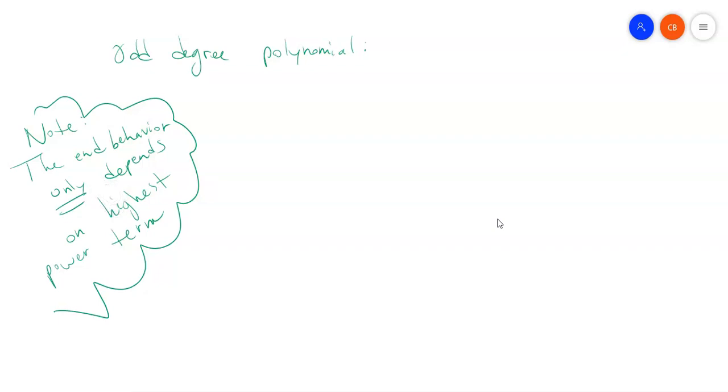Is it even or is it odd? And so odd degree polynomial, we can neglect every term except for the highest degree term that will go, in this case, we can call it the power 2n plus 1 because this will be an odd number, if n is something from 1 just going as high as you want. We will have this type of end behavior that as x approaches infinity,